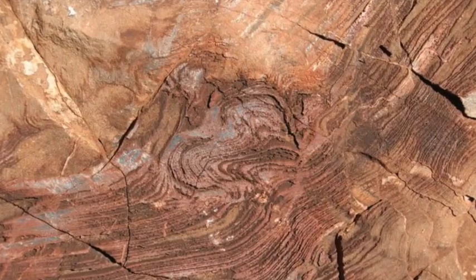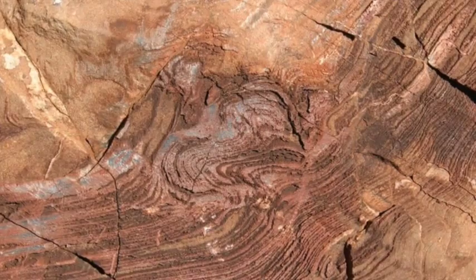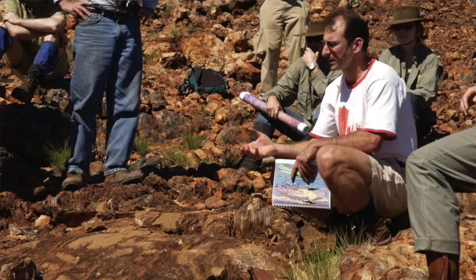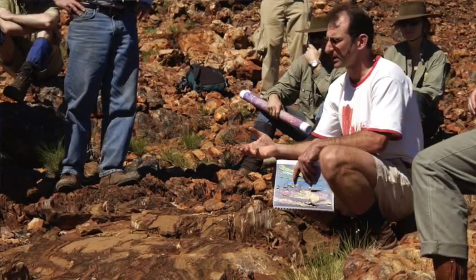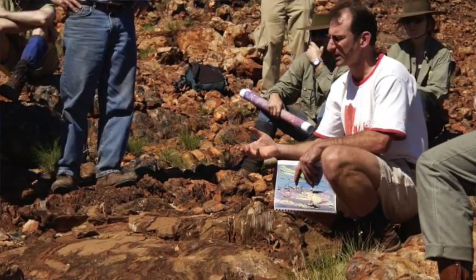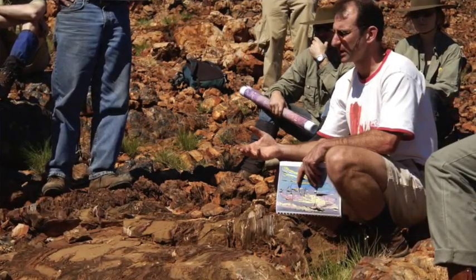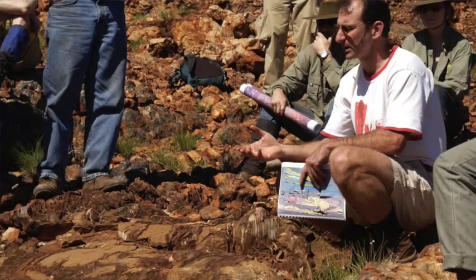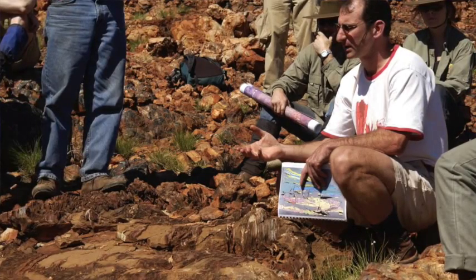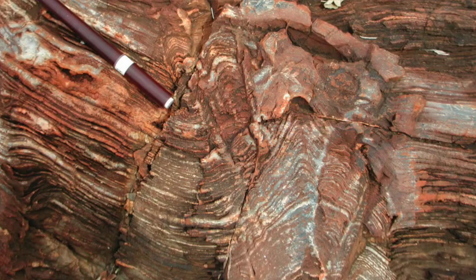And I've been on that outcrop with many different people from around the world. And I've been there with a couple of geologists who would just stand there and look down from their standing height, so 1.6, 1.7 meters, and say, oh no, the laminations are all continuous and they just go across the structures. They must be crusts. And I would implore them, say, come on, you've got to get down and look at them on your hands and knees, get your eyes right up to the outcrop, and you see these actually very important, very delicate